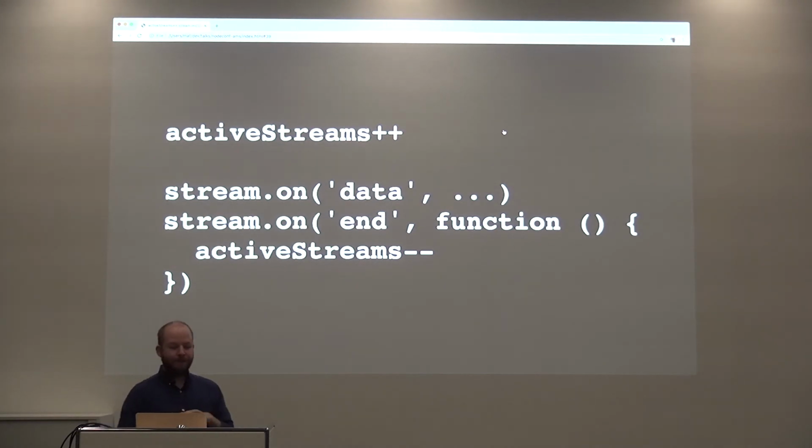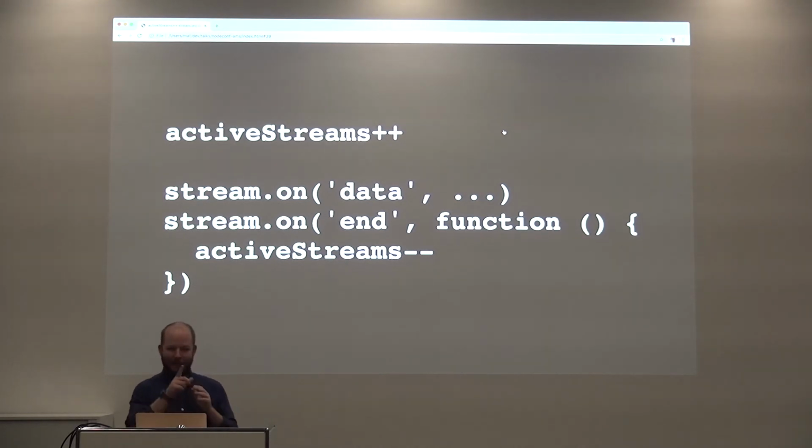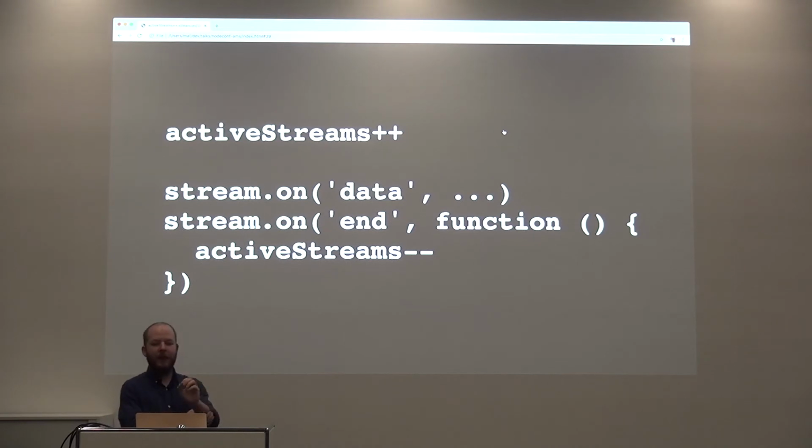So yeah, this is another example of code I see a lot and help people fix a lot. In what way is it not the end then? So I can tell you this right now. Let's say you have a program where you're serving files over streams, and you want to count how many streams you have at any given time. It would look something like this, where you set a variable, you increment it when you get a request, you make a stream, and then when it ends, you decrement that variable. You expect that over time, if there are no users, the number of active streams will go to 0, right?